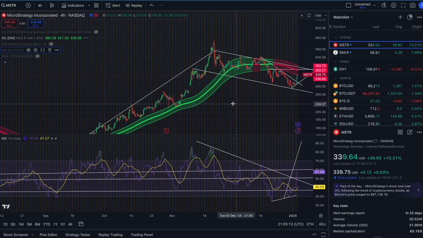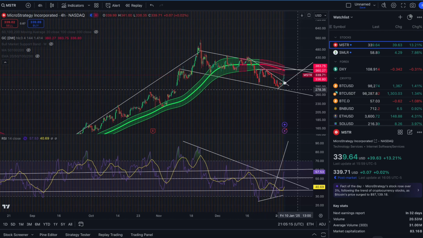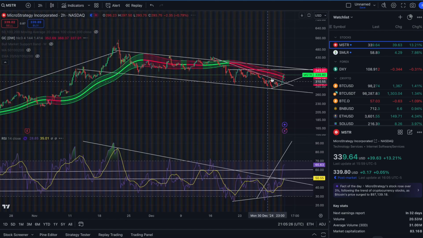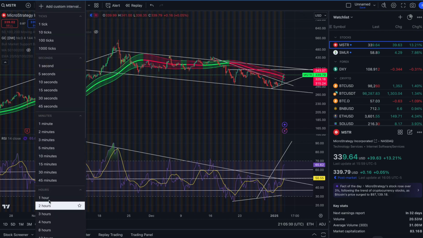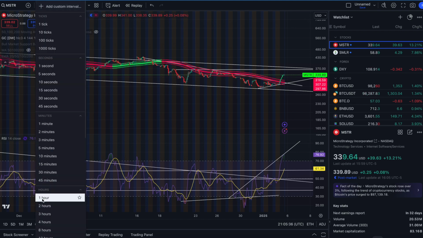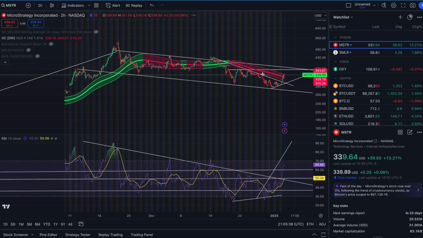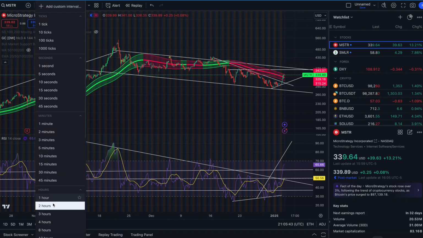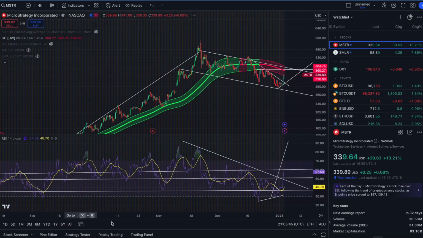Gaussian channel. What do we see? What do we anticipate? Look at that 200 moving average, what we showed you on the 4-hour, corresponds almost perfectly with this Gaussian channel on the 4-hour. If you look on the lower time frames, we can see we actually got to the top of this Gaussian channel. On the 2-hour, on the 1-hour, we're actually above it. So what we'd like to see here, we'd like to see the 1-hour flip green, the 2-hour get above this, and then the 4-hour break into this.